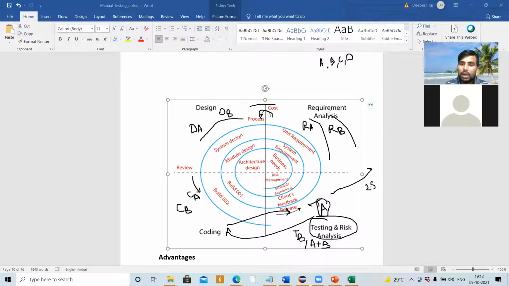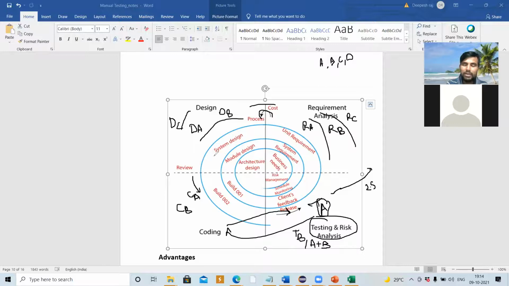Next, requirement analysis of C. Same, we follow the process. Designing of C we are going to do, and in designing also, high level and low level they are going to follow. High level means feature wise, and in detail means, in one feature in Gmail or Facebook, if we go, we have sub features, so they design those sub features also.